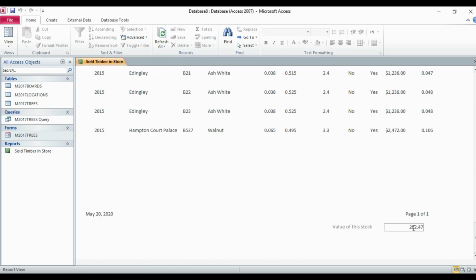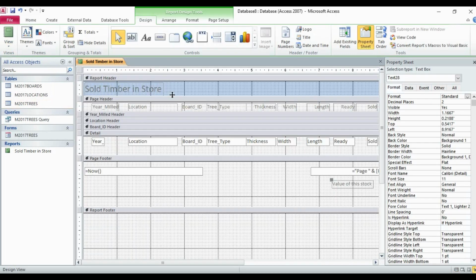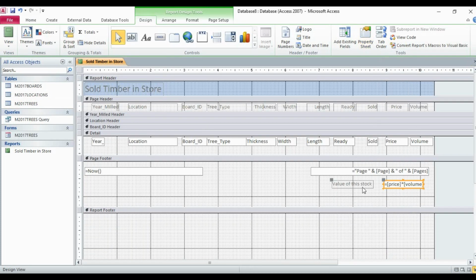So first of all, we need to go to the design view. Now here we have this price box. We will just click on this price box. It will be selected.